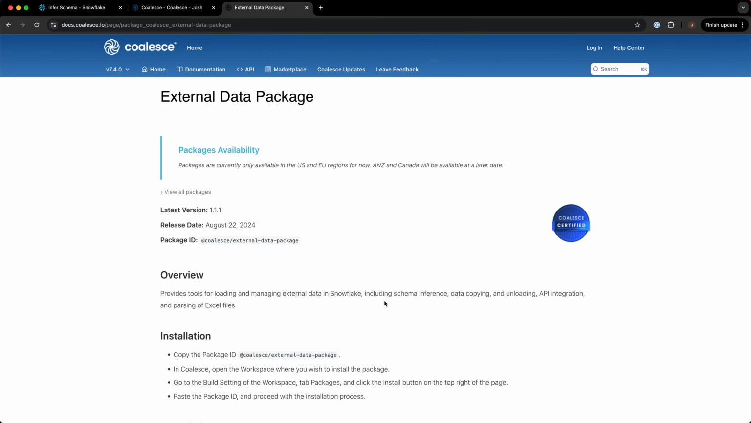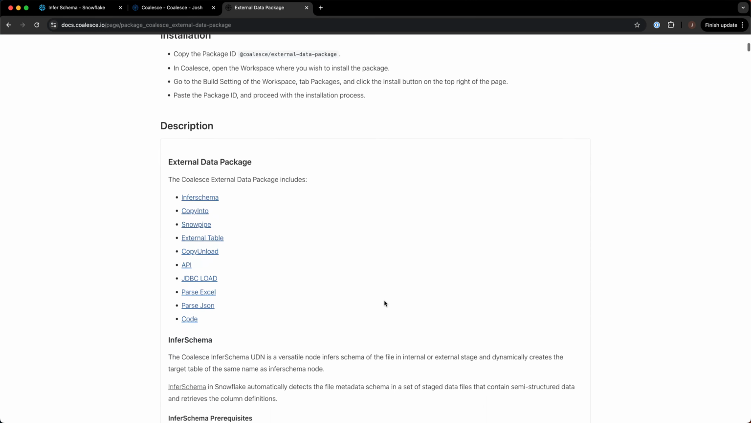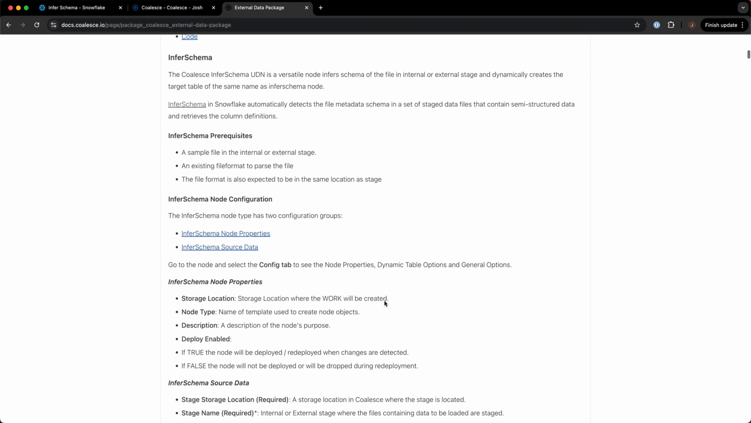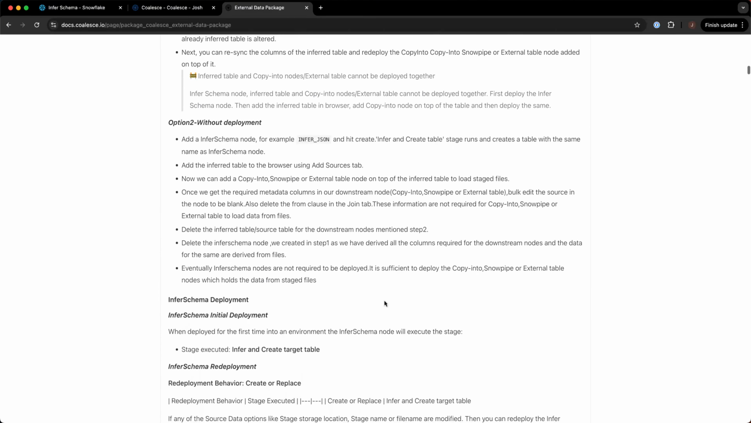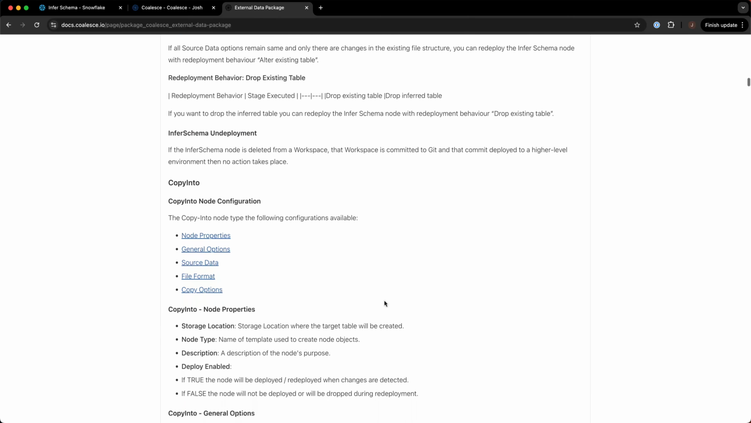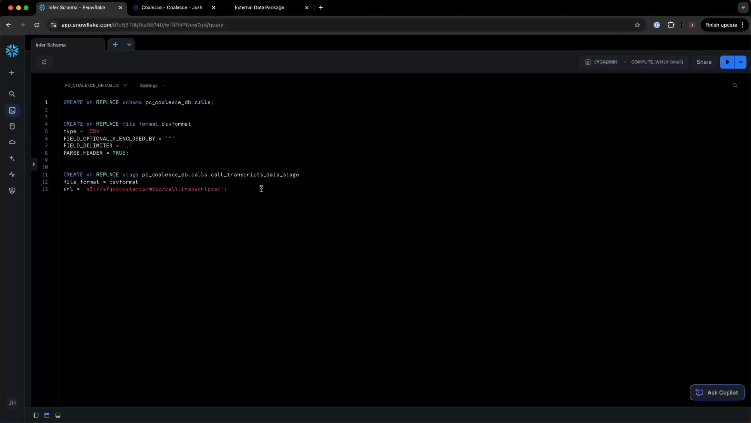You can use the Infer Schema node from the external data package in the Coalesce marketplace to determine and create the schema for files that have been loaded into Snowflake, such as CSV files that exist in a Snowflake stage. To begin, you will need to load the file or files you want to infer the schema for into a